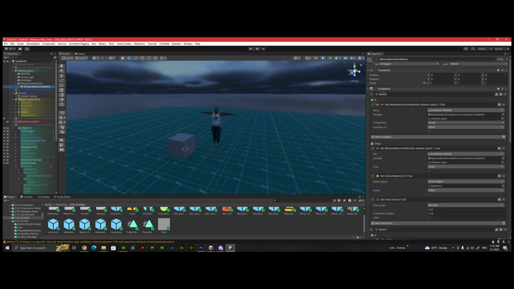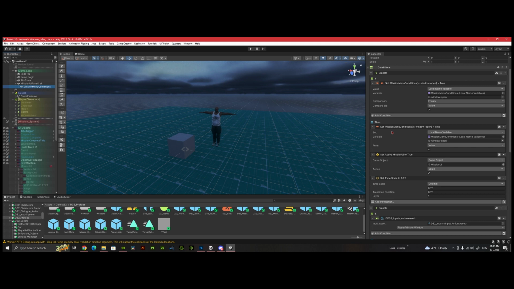So these conditions, it's running branches. So it's like if then. So what this code is basically saying is I've made a local variable stating if the window is open. Is window open is a variable, and then window is closed will be another one, or is window closed. I can't remember what I actually named it, but when we get there, I'll do that. But right now, here's our local variable. So if this window is not open, which would be true because it's not open,